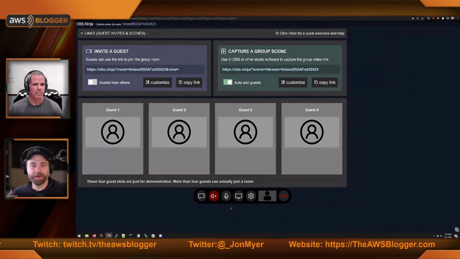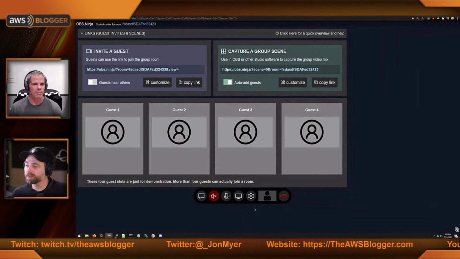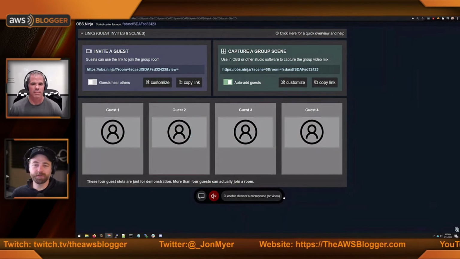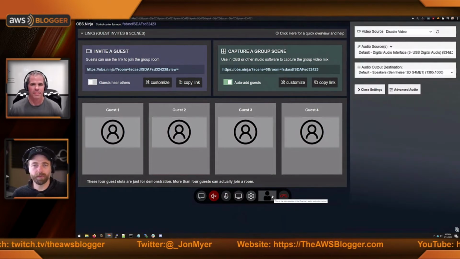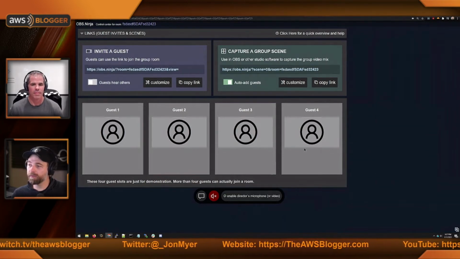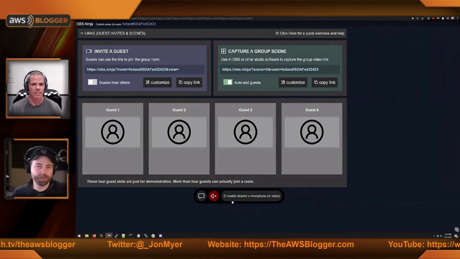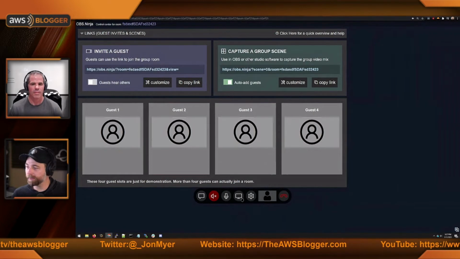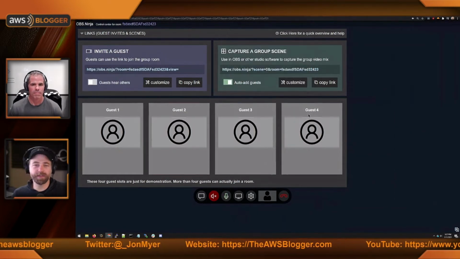still kind of there, connected. The guests might be seeing a black video or something, and it's not what you want. So the hang up button now deletes the connection essentially. So it removes you as a peer from the mesh, and then you can join the mesh back again. So you're able to still see all the feeds, and yet you can join and disconnect as a participant dynamically now. You can also screen share now a little easier.